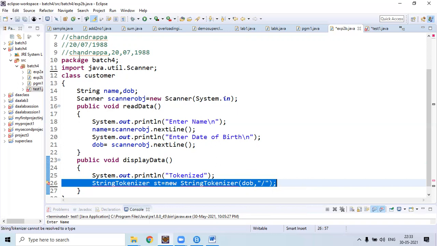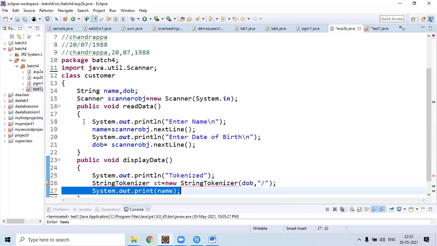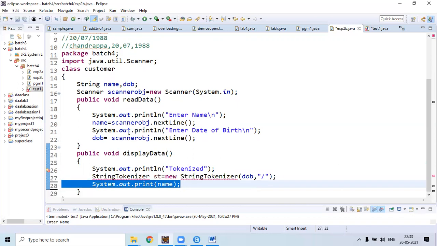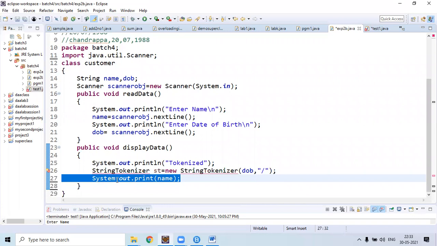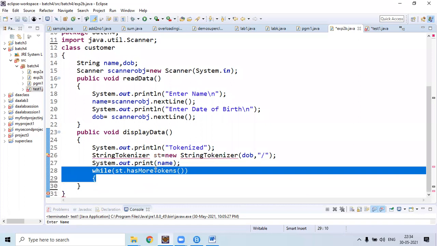In order to display information in this particular format, first display the name using println or a print statement. Use System.out.print, then display name, and after displaying name, check whether st contains tokens or not.